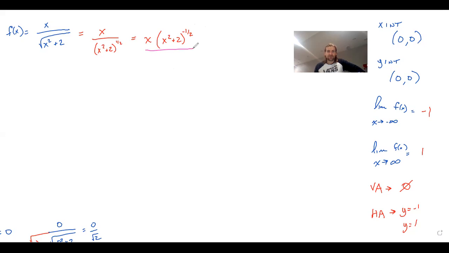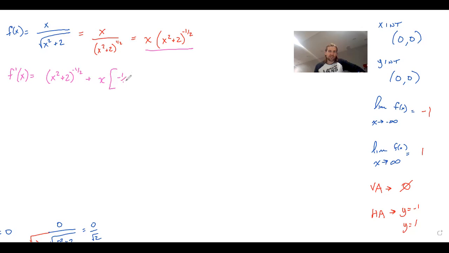I kind of like doing this problem here, so I'm going to do it that way. I'm going to use just the product rule, and then I'll rewrite it once I get that finished. All right, so product rule says we'll take the derivative of x, which is 1. We'll leave the (x squared plus 2) to the negative 1/2 power alone. All right, now we're going to leave the x alone, and we'll take the derivative of the second part, which